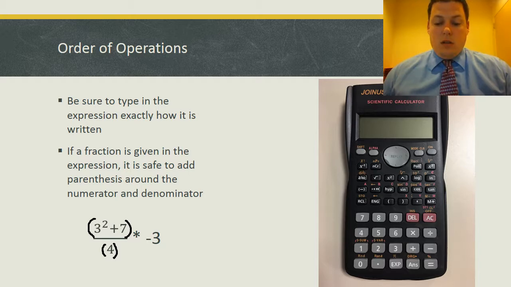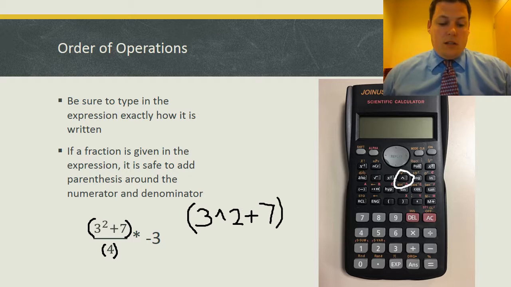So what I would do is, on the calculator, I would type open parentheses, right? We can't forget to open parentheses, 3, caret symbol, which if we look at our calculator, the caret symbol is right here. Two, plus 7, close parentheses, divided by, open parentheses, 4 times